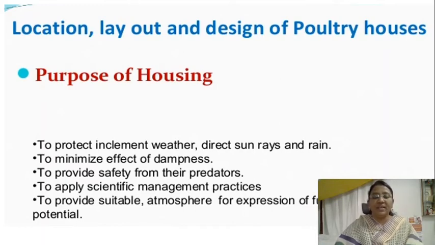To protect from inclement weather, direct sun rays and rain, to minimize the effect of dampness, to provide safety from the predators, to apply scientific management practices, to provide suitable atmosphere for expression of full genetic potential, and these criteria should be followed during the construction of poultry houses.